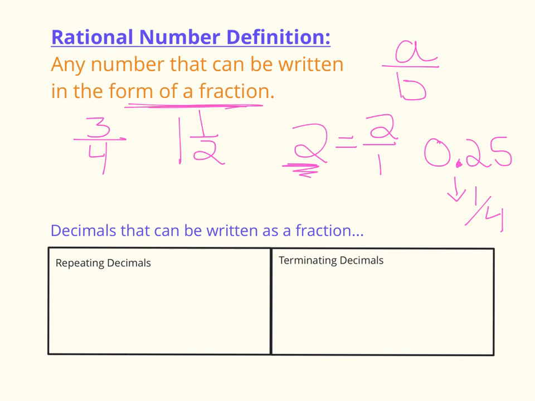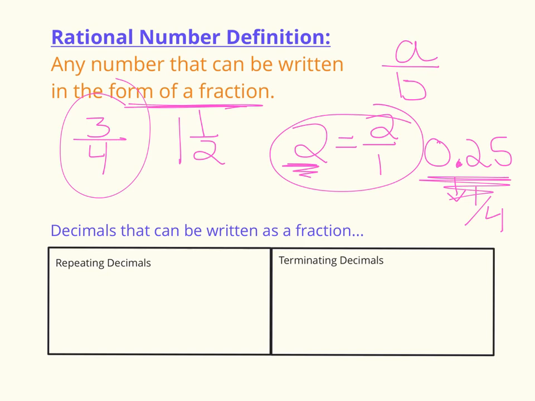So obviously, all fractions are written in the form of a fraction. All integers can be written in the form of a fraction. And then there's certain types of decimals that can be written as a fraction. There are certain types of decimals that there's no way to write them as a fraction. So if we look below,